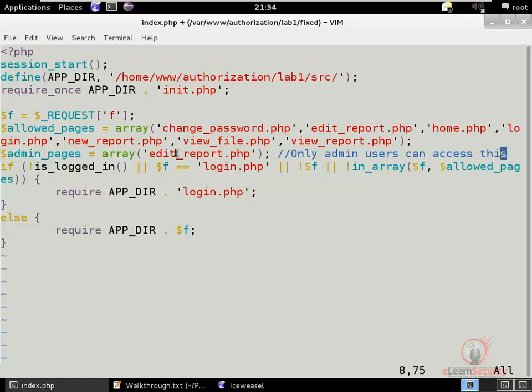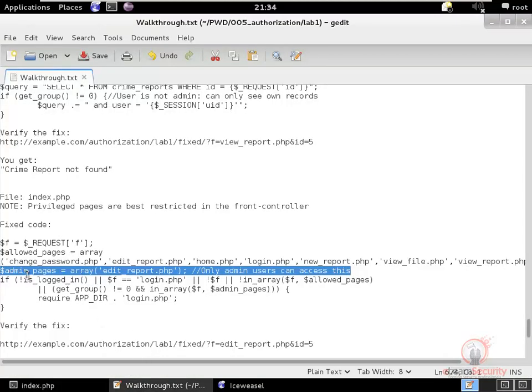But editReport.php is a file that in this web application a limited user should not be able to access. Okay, so we are defining this new array of admin pages. Okay, and this is an array defining pages that should only be able to be accessed by admin users. And so once we have this defined, we can add this check